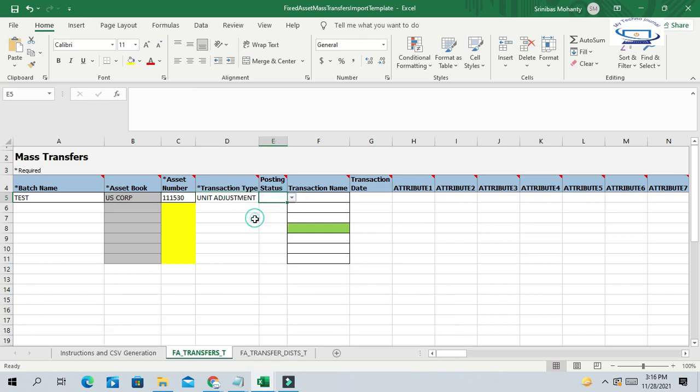Post. Transaction name: Srini. You can give it as per your business requirement to track the transactions here. Date: today's date you can give.